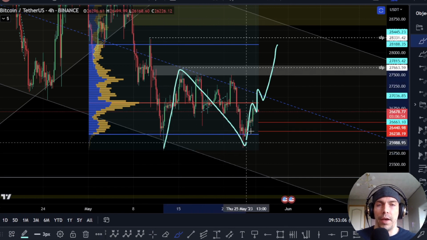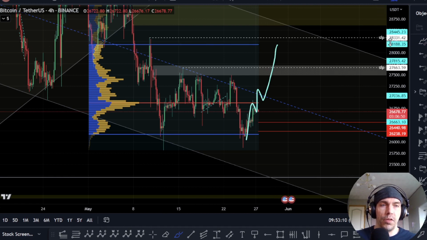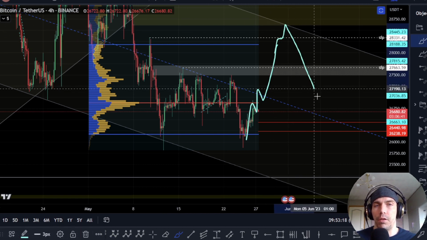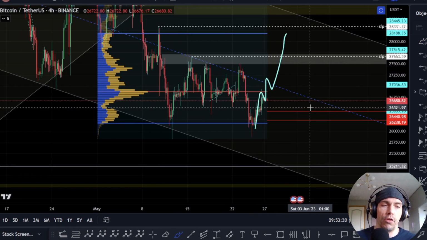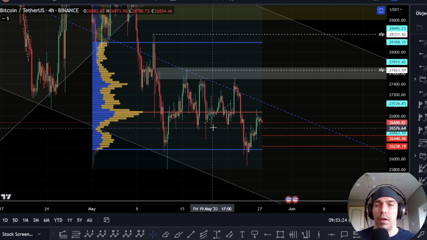Now a move up into this level would probably indicate that by this stage we would have had the possibility of this actually playing out as a flat correction, in which case, like I said, I would be looking out for the potential of a swing failure or for this zone of this 28,331, or potentially looking to actually come a little bit higher into this channel and then look for that rejection to the downside. So we're going to have to give it a bit of space and see exactly how the move plays out,